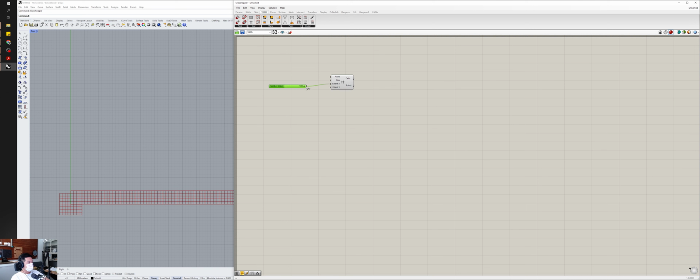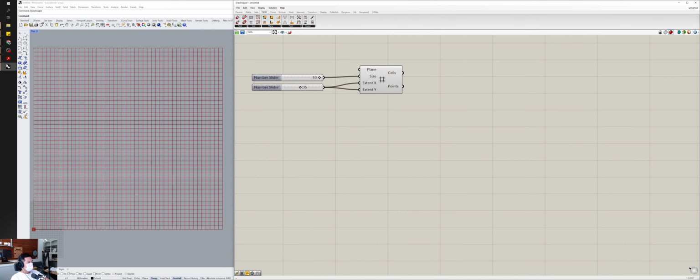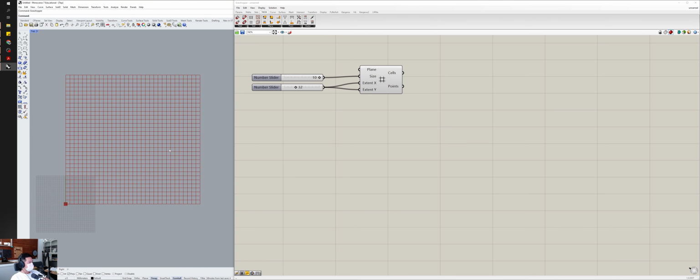I'm just going to use one for both of them, keep them more or less the same. Maybe another slider to control the size of each cell. So with that as a starting point,